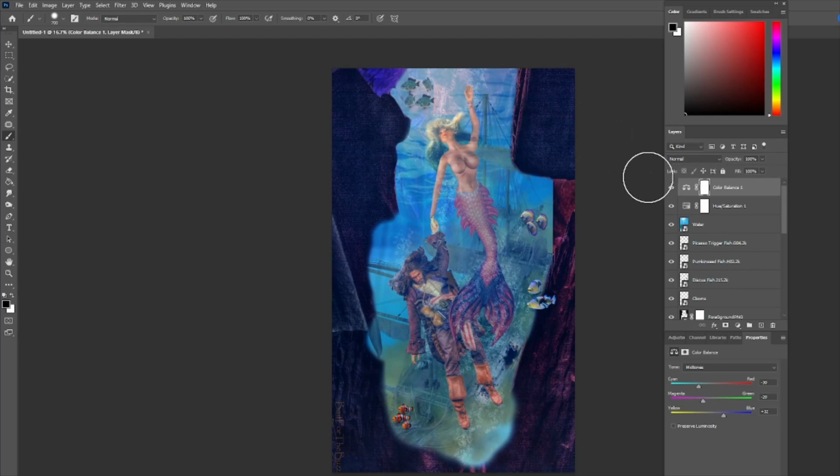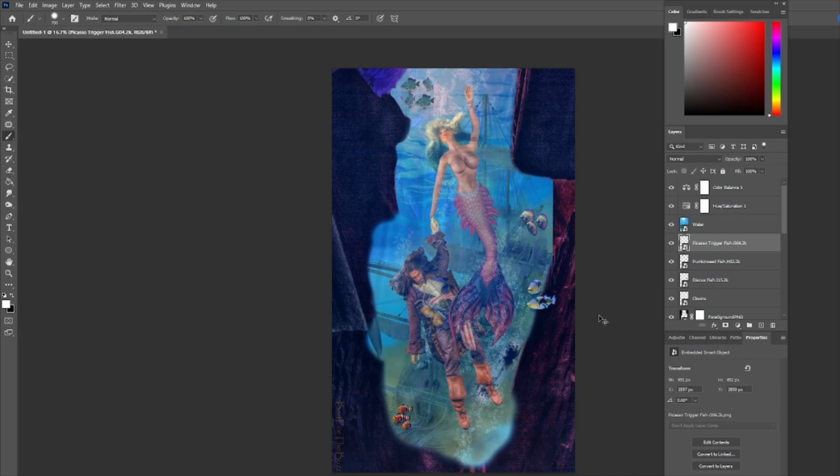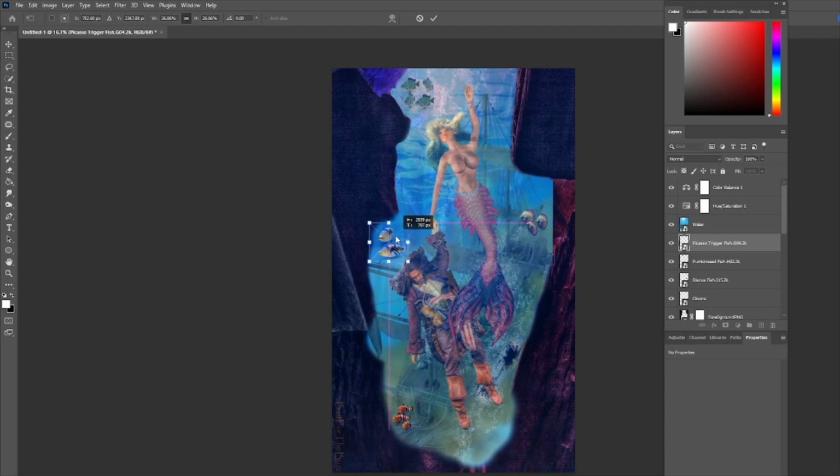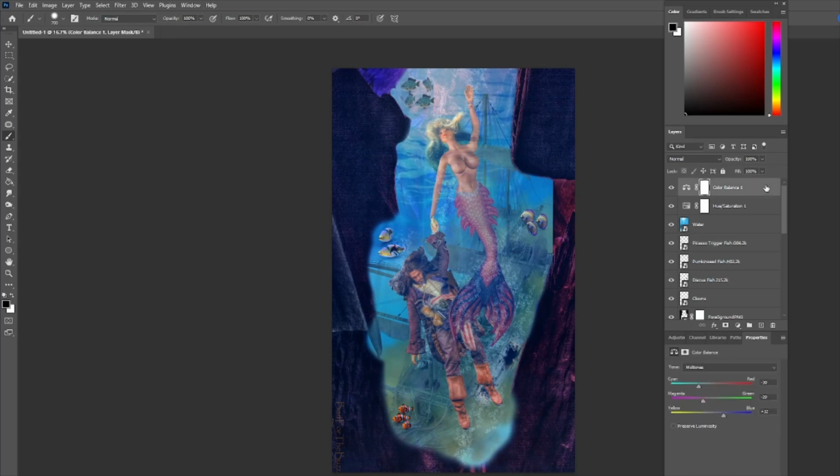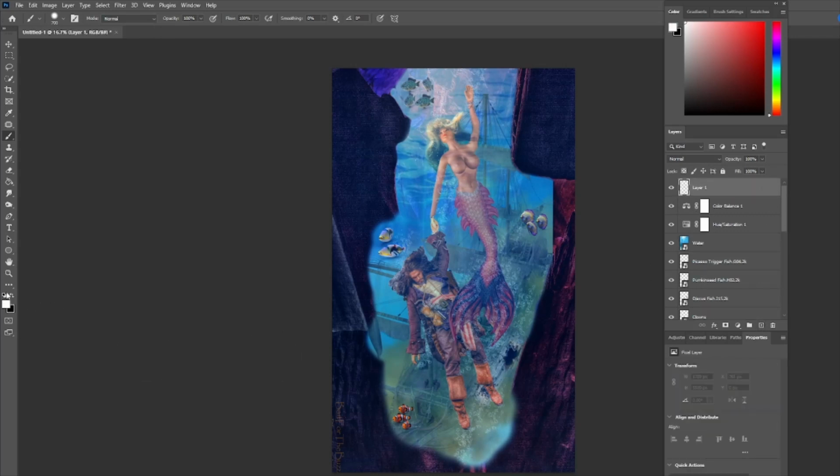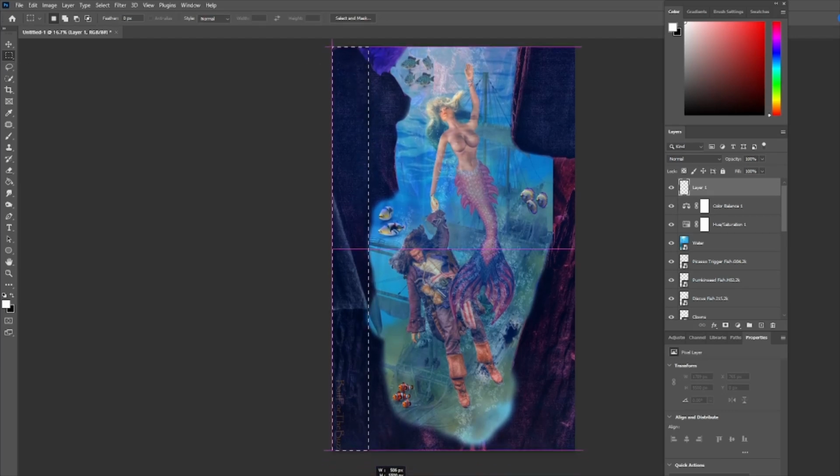So that is pretty close to being it. But what I want to do is put more emphasis on the mermaid and the sea captain. So what I'm going to do is I'm going to actually add a final layer, and I'm going to use the marquee tool, and I'm going to just add some black